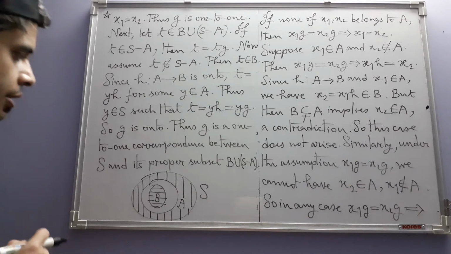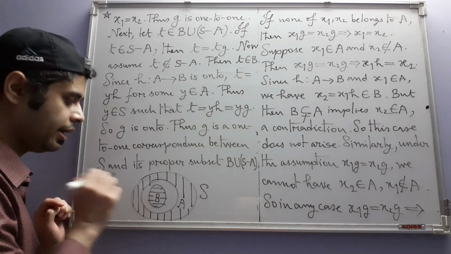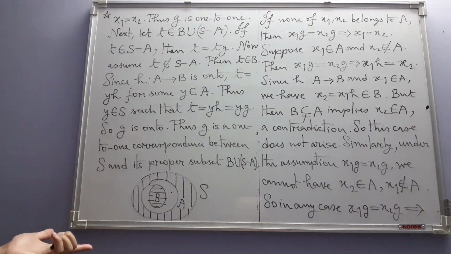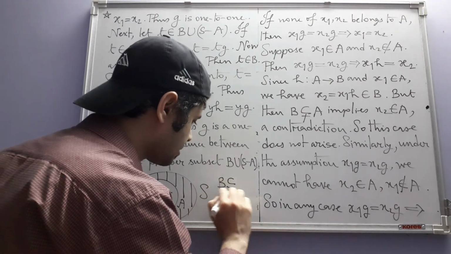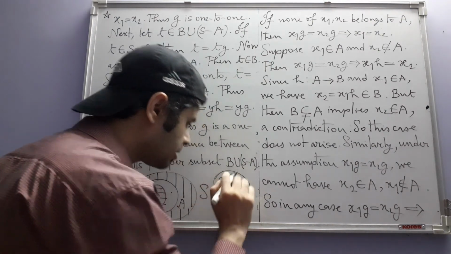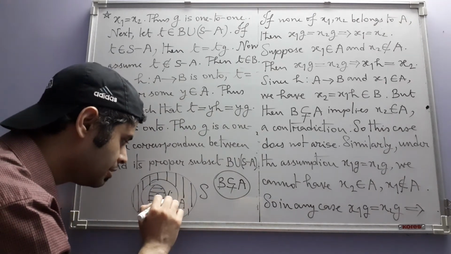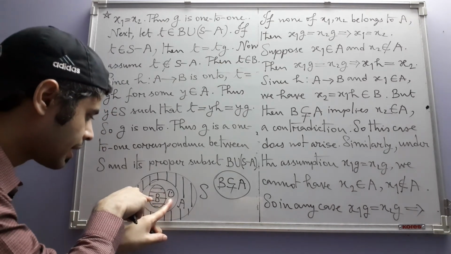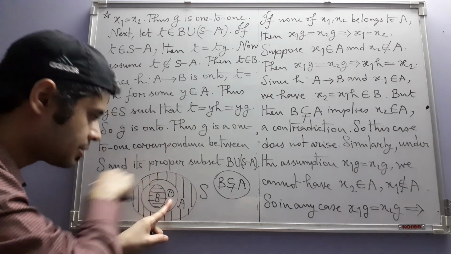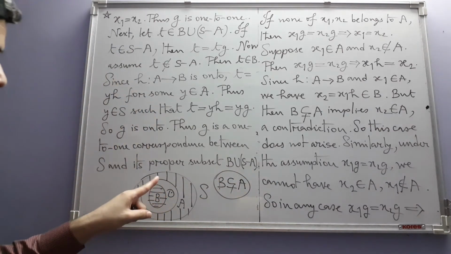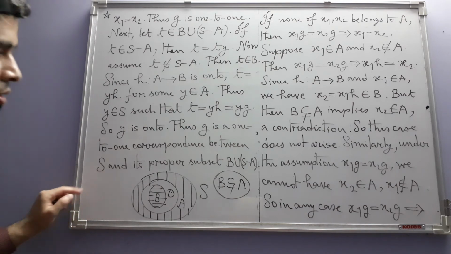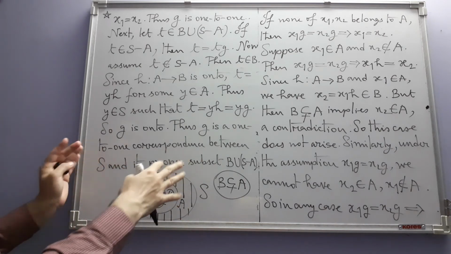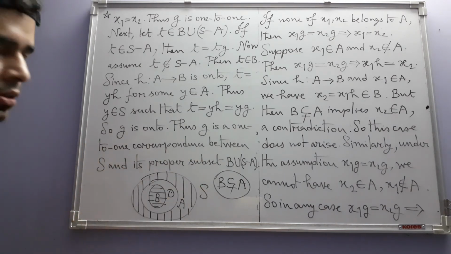Now there is an element in A that is not in B, some element. Why? Because B is a proper subset of A. So this condition demands that we have something in A that is not in B, and this something, you can see, is neither in B nor in S minus A. So it cannot be in this union, but this something is definitely in S. So that's why this is a proper subset of S. I am not going to write anything for it. You understand? Okay.